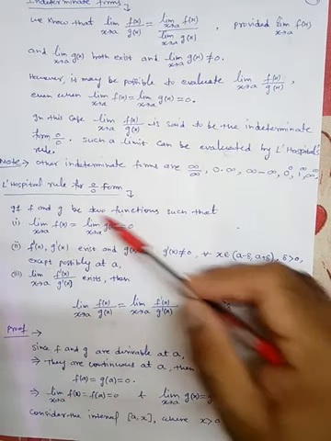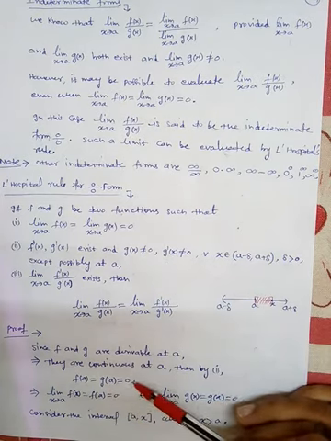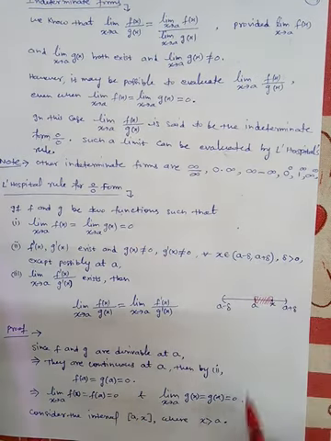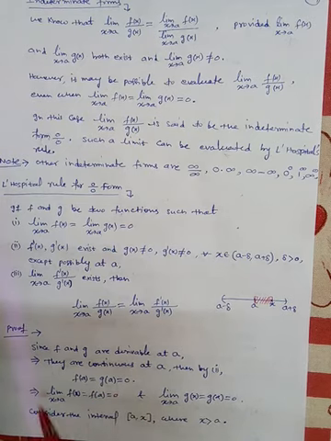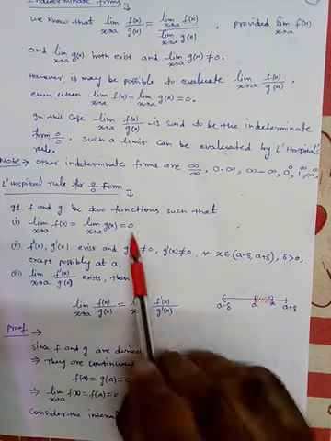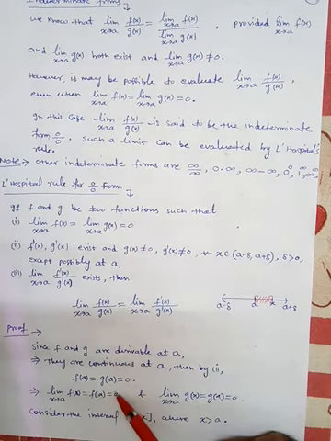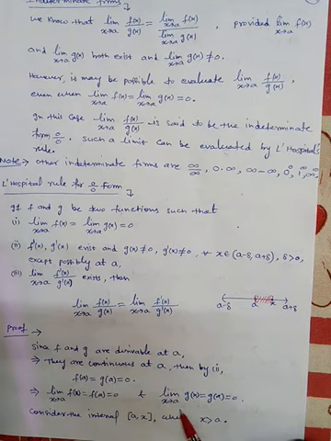Similarly, the value of this limit should be g of A, and g of A itself is 0, because here it is 0. So by the first condition we can say that f of A and g of A should be 0. Then we have this equality, limit as x extends to A of f of x is equal to f of A. So continuity is maintained, but since this limit is 0, f of A should be 0. Similarly, limit as x extends to A of g of x is equal to g of A, which should be 0.